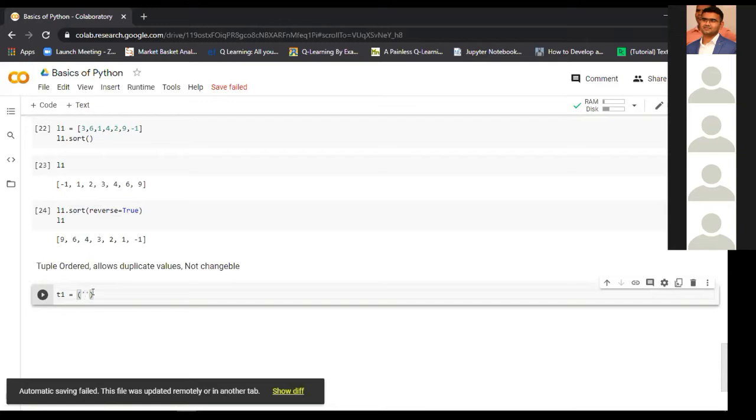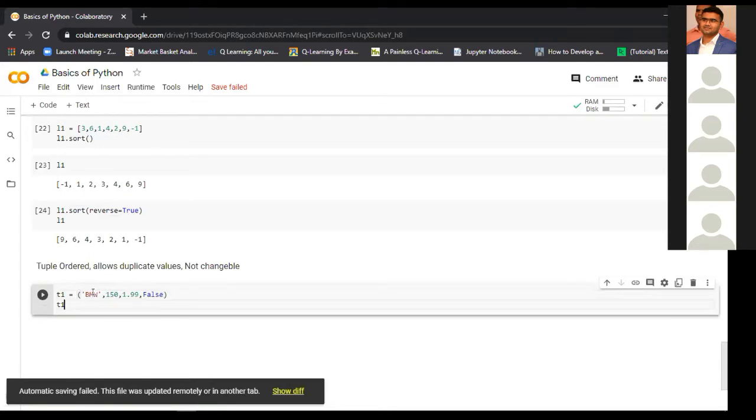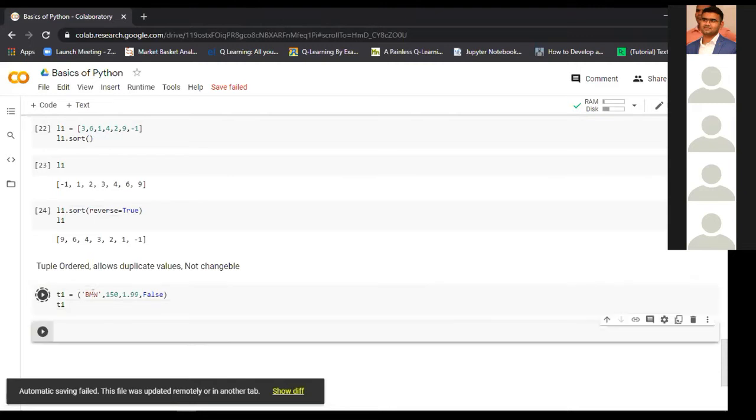Let's take an example here: BMW, which is a string, 150, which is a number, 1.99, which is a float, and the boolean value False. So this is the way to declare a tuple. A tuple can hold multiple data types.